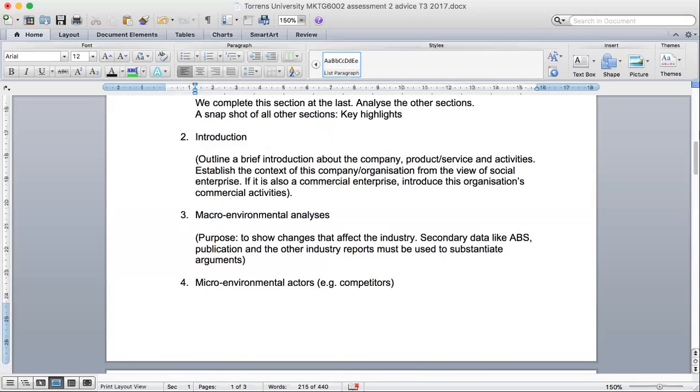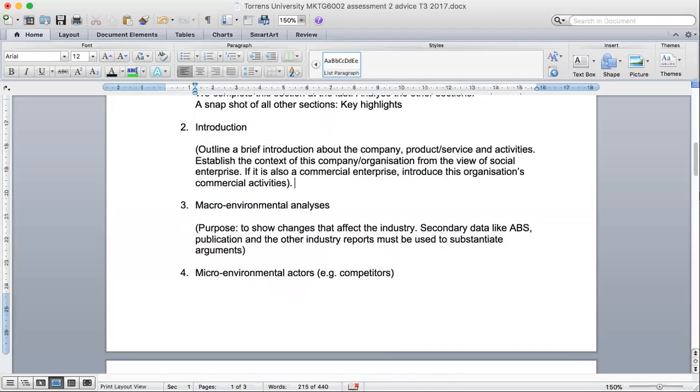Outline the product, service, and activities, right? And a brief argument why you claim this is a social enterprise linked to the theory. Remember, a social enterprise starts with the social mission, and they put the profit back to help them battle social issues. They may make profit like commercial enterprises, but their main focus is to solve social